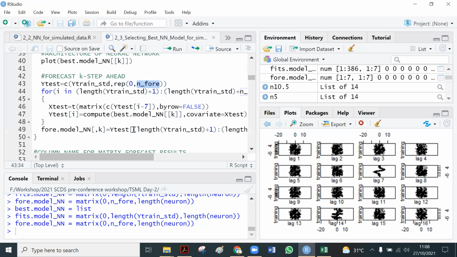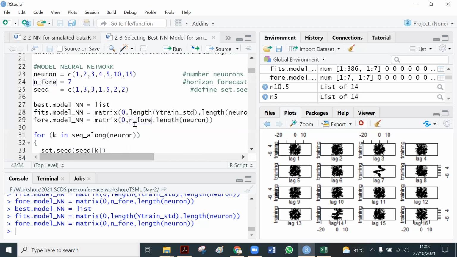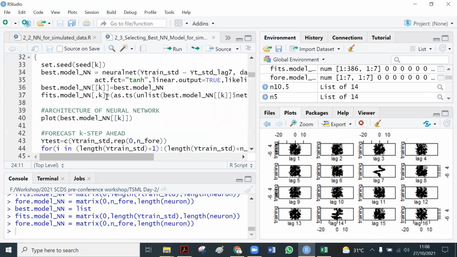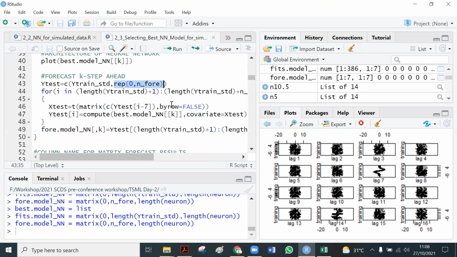We want to forecast 7 periods ahead. So it means we add the data with 0, 7 times. This is just an empty variable. We need to save the forecasted value.